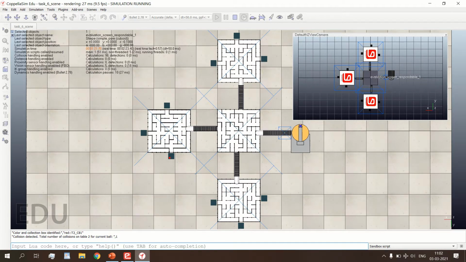So we have seen the tables and collection boxes. Now let's look at the belt. Here, as we can see, we have an orange colored ball dispenser, and this drops the ball at a regular period of 80 simulation seconds, and within that time frame we have to traverse the ball across the mazes and deposit it into the right collection box.